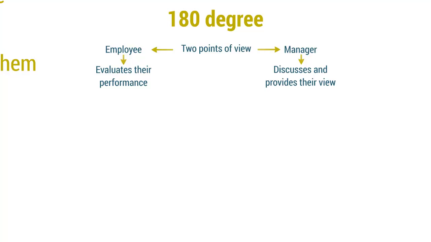Okay, so the member of the team, first of all, gives their assessment on how well they think they've done in the past 6 months, say, and then you will discuss that with them and give your own insight into how you think they've done, and together you come up with some next steps and points and targets to achieve for the next appraisal.